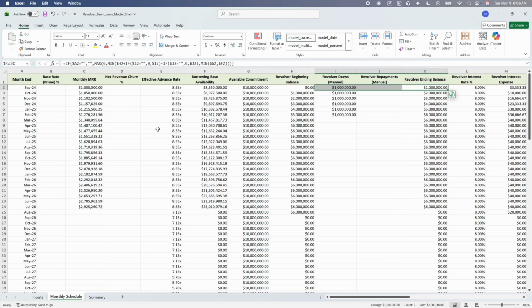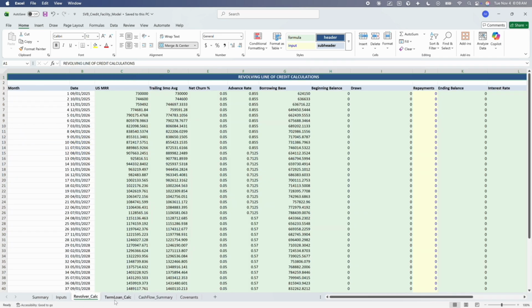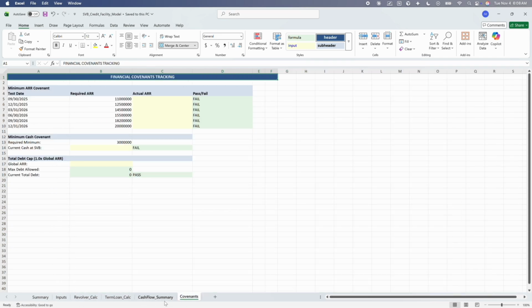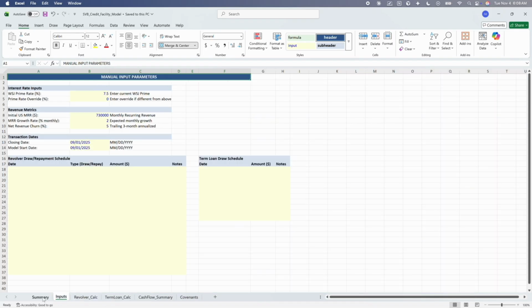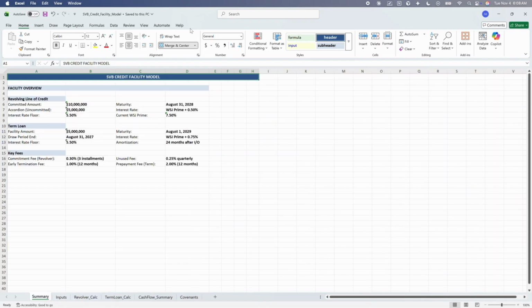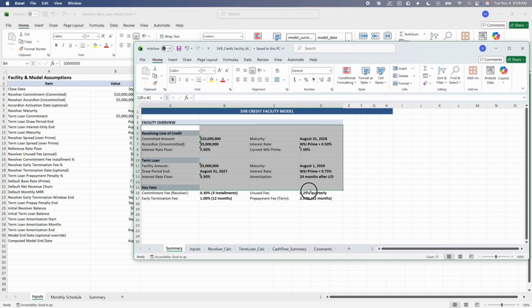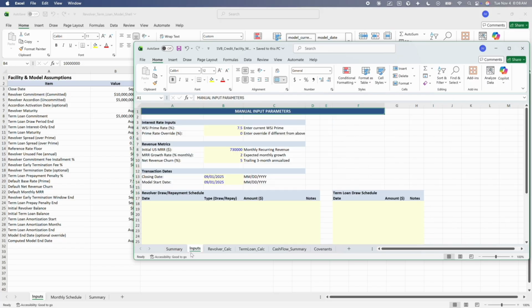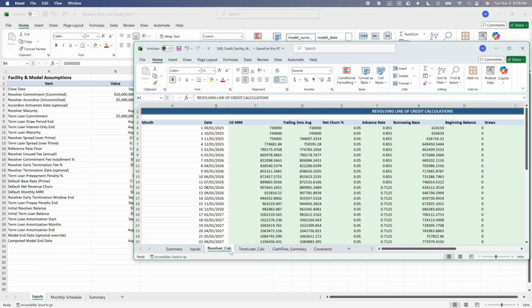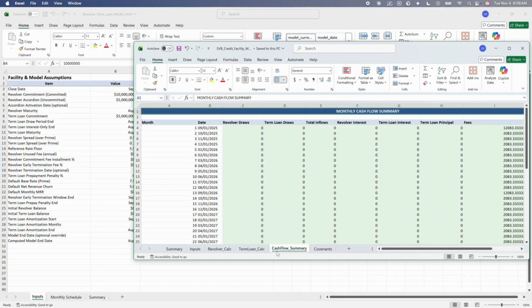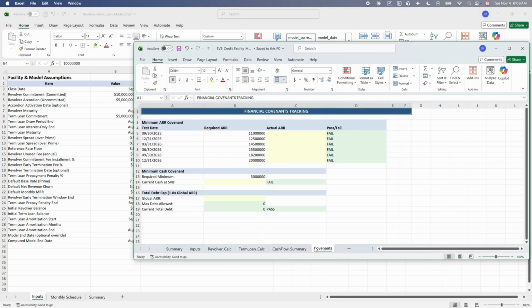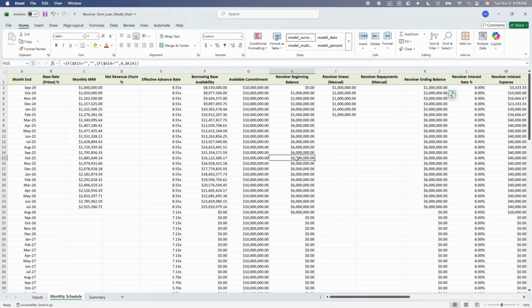Now, as far as whether we want to compare that to our Claude model, we can do that. I have a copy of that. I'll pull it up here in a sec. Here we go. Yeah, this was the other one that Claude Code built out. Personally, I kind of like this one better. It's a little bit simpler to look at as opposed to the one that Codex built out. This has a little bit more of an aesthetic appeal, and it does break down the revolver calculation versus the term loan calculation, then the cash flow impacts of that, and then you have your covenants over on the right hand side. Whereas this one has it all together,